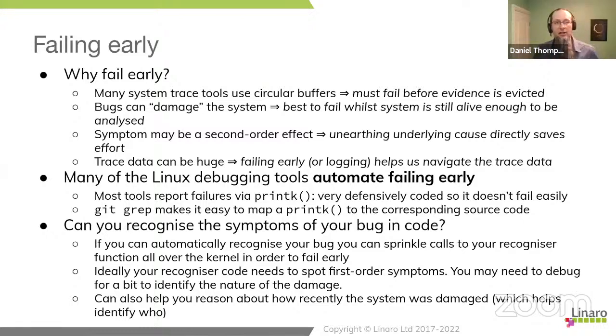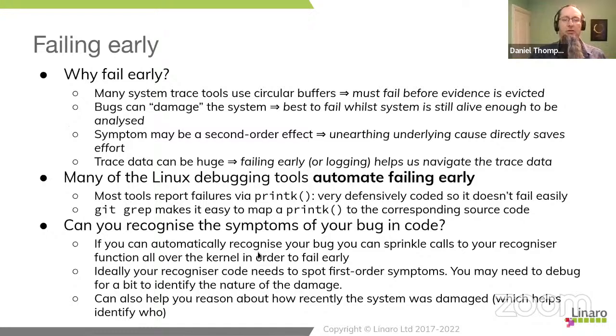So coming back to failing early, while we could use the automatic tools, and we should use the automatic tools if they're available, it doesn't mean that if we can't find an appropriate Linux debugging tool we give up on the concept of failing early, because we could be starting to look for ways to recognize the signature of our bug in code. In other words, if you've got a bug that you're examining and you can see that it has this effect on the system, maybe this variable gets damaged or something changes that you weren't expecting.